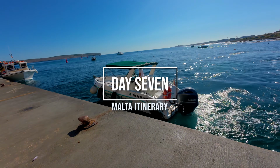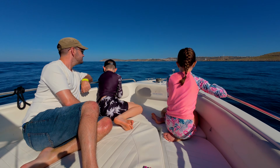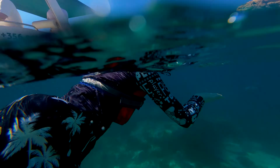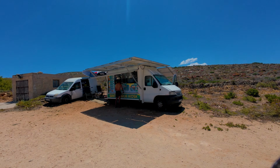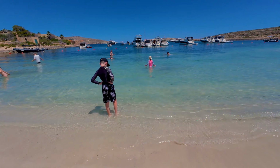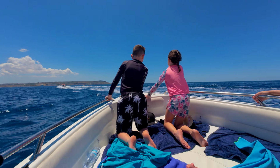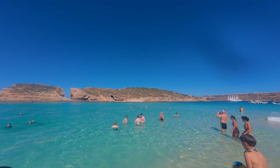Day 7 was our last full day in Malta and we took a private boat tour with Neville from Comino Waves. We visited the infamous Blue Lagoon, but we also saw other parts of the island. We loved Crystal Lagoon for snorkelling, as well as St Mary's Bay, where we grabbed some snacks on the sandy beach. If you have water babies like us, it's definitely a trip not to be missed. Just bear in mind, Malta are limiting numbers to go to the Blue Lagoon, so book your slot ahead of